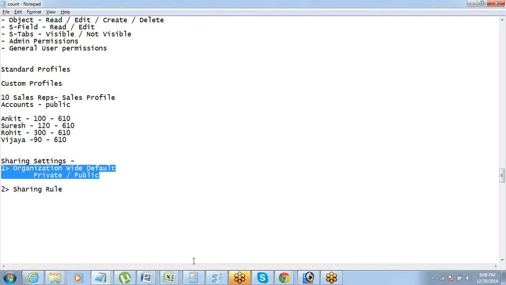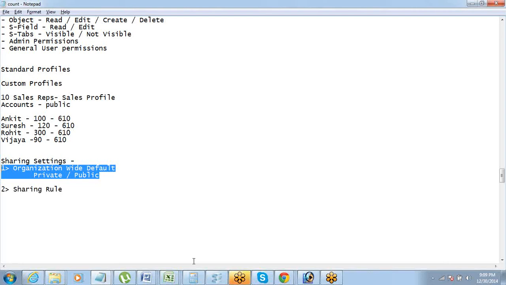Got it? So now we have resolved two challenges. One, everyone does not get to see all the components. Everyone does not have access to all the apps. Everyone does not get to see all the objects and data within that. That we have understood and resolved. The second is, if there are multiple people who see the same object, do they see all the data in that object or not?